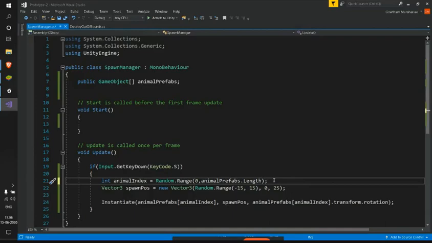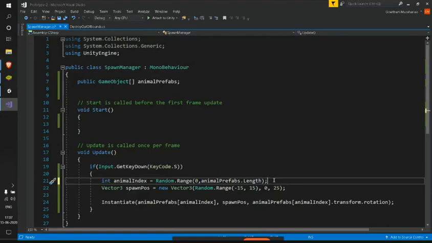If I changed my mind and want to generate 5 animals, and I change the size of the animal array to 5, but leave the Random.Range at 3, I'll be able to generate 0, 1, 2 only, so only 3 animals.